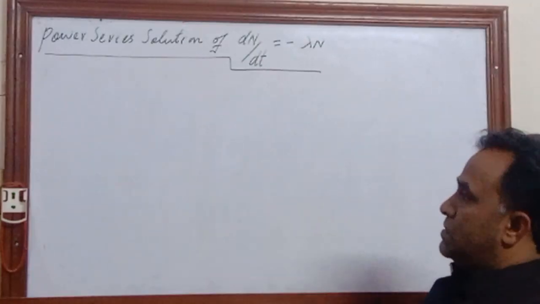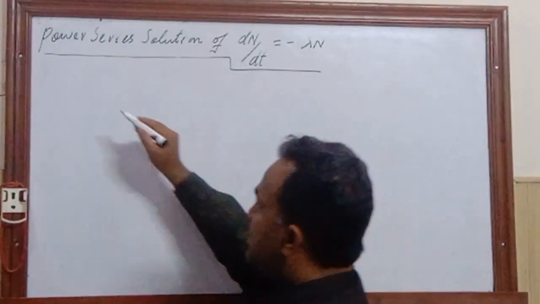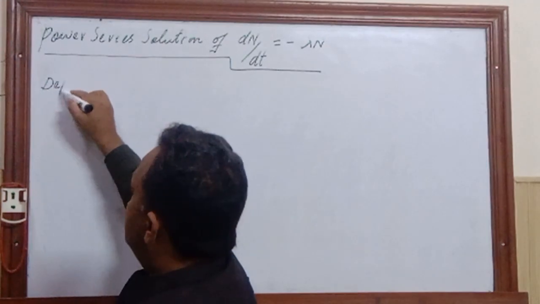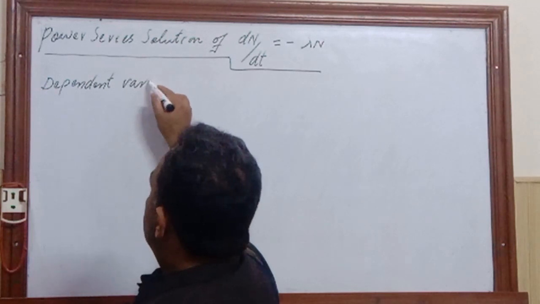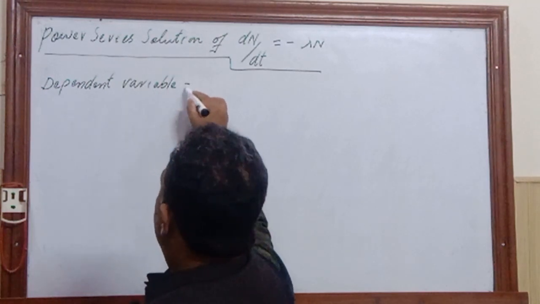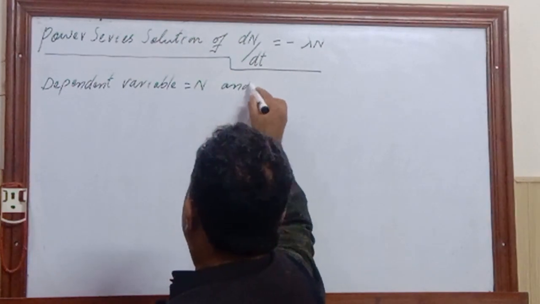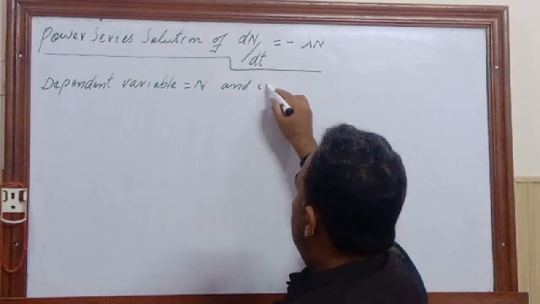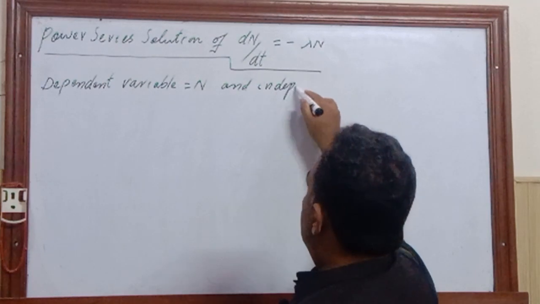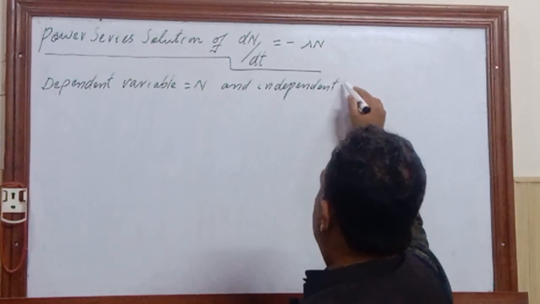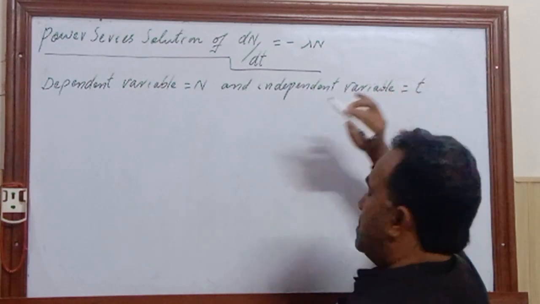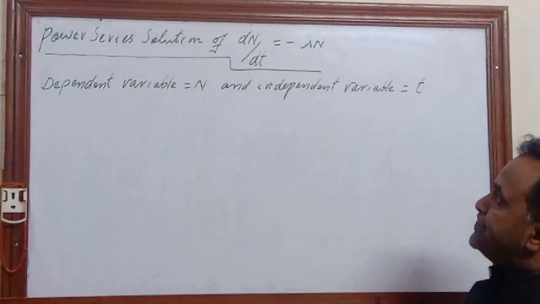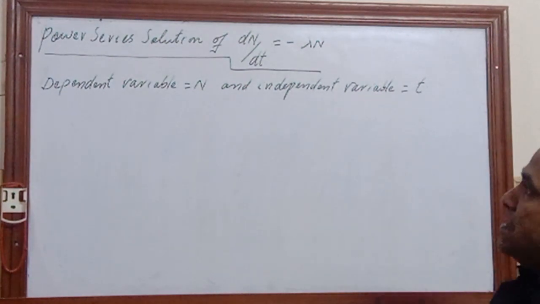Okay, so in this equation, the dependent variable is N, and the independent variable is t. Okay, so in case of power series solution of this differential equation,